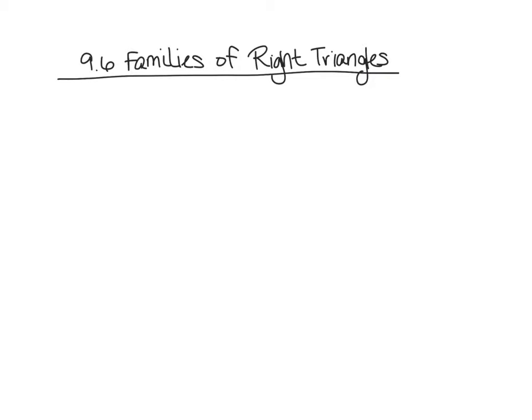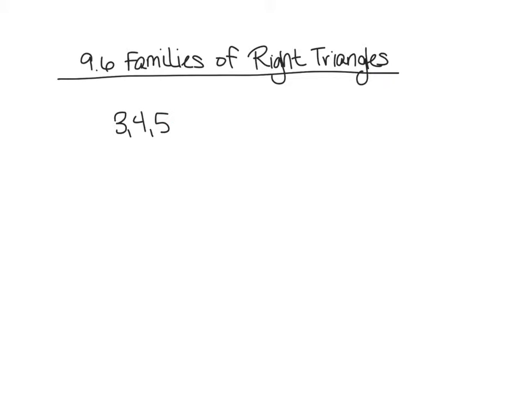Okay, we're in section 9.6. We're going to first talk about families of right triangles. There are a few families that you should start to memorize with your right triangles. The first family would be the 3, 4, 5 family. What that means is that the two smaller numbers are the legs and the largest